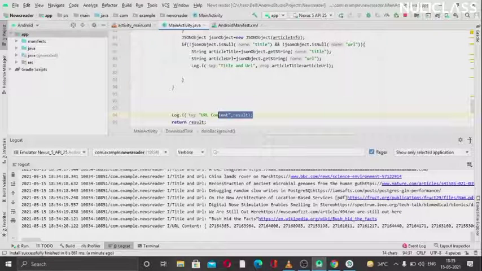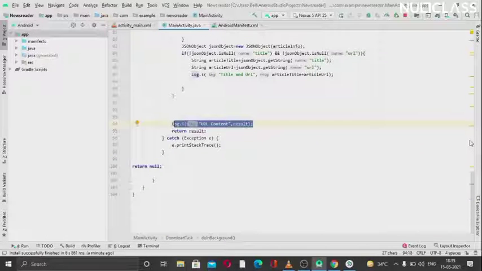Logcat is basically to check whether your code is working fine or not, as in a long code, you get the result only at the end, so in between you can log the information to check whether your code is working fine. So you can basically split your code into some parts and just log the information to check whether that part of the code is working fine or not. Okay, so now we will move forward.